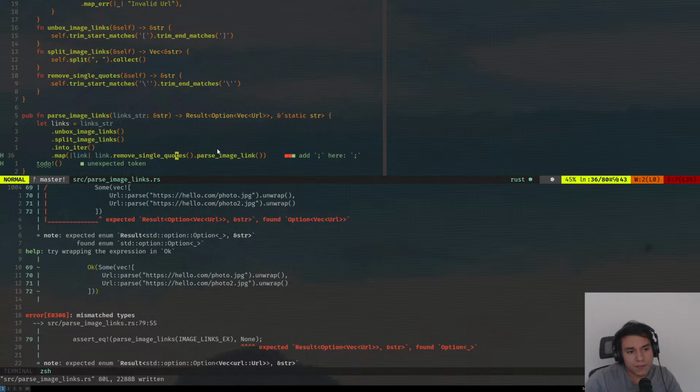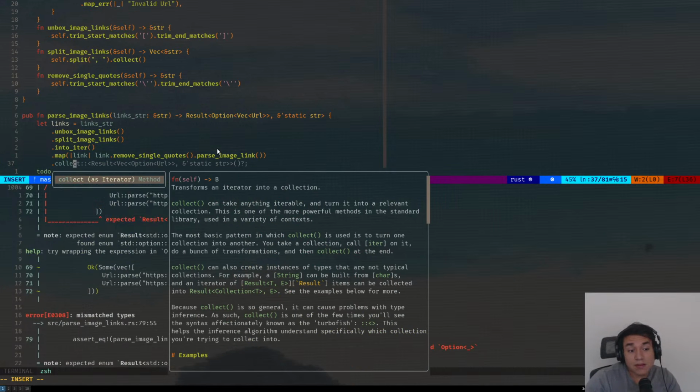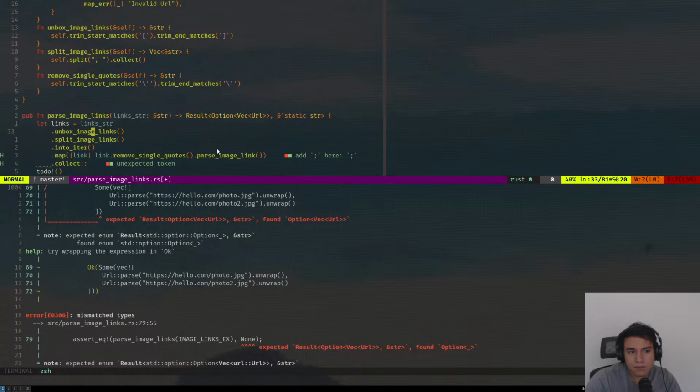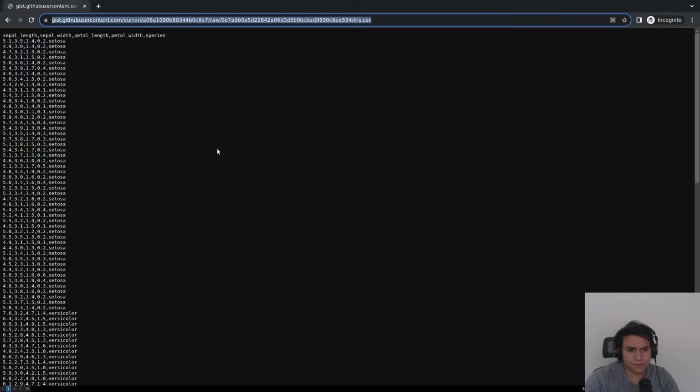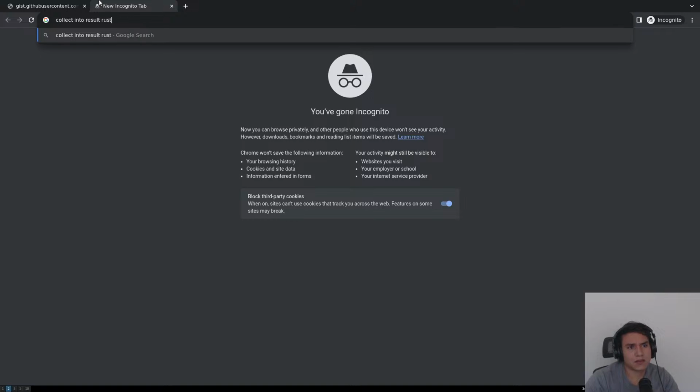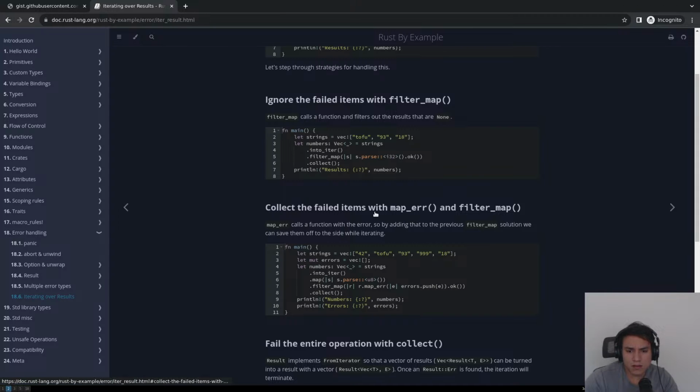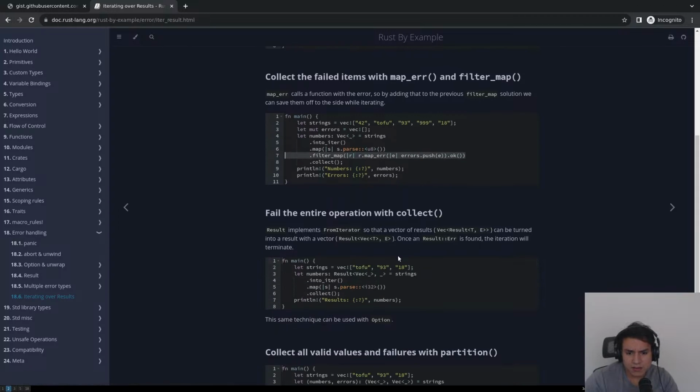Okay. So here when we do into iter, we would have to collect this into a vector of vectors because here we have a vector and we're... no, I'm wrong. So I want to collect into a result. Let's look it up. Collect into a result Rust. Iterate on results. Let's see what we get here. Parse collect, right? Ignore the failed items with filter map. Collect the failed items with map error and filter map. So filter map errors that push, yeah, so this would push into an error. Failed the entire operation with collect, right? So if we just do collect,